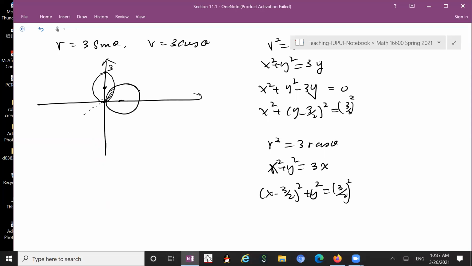All right, so this is the circle, right? Then you're trying to find the area of this, right? So you have to find out